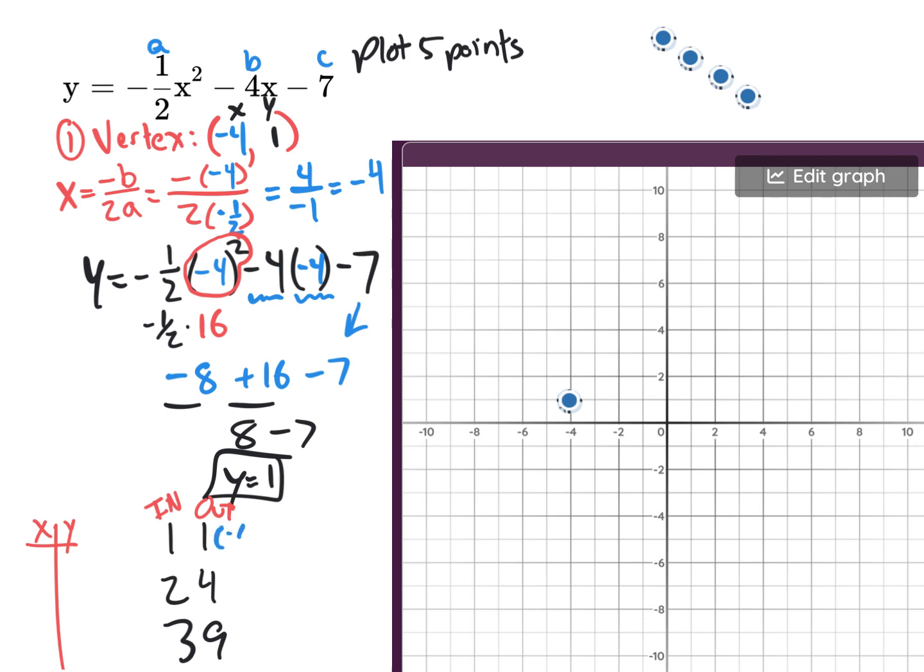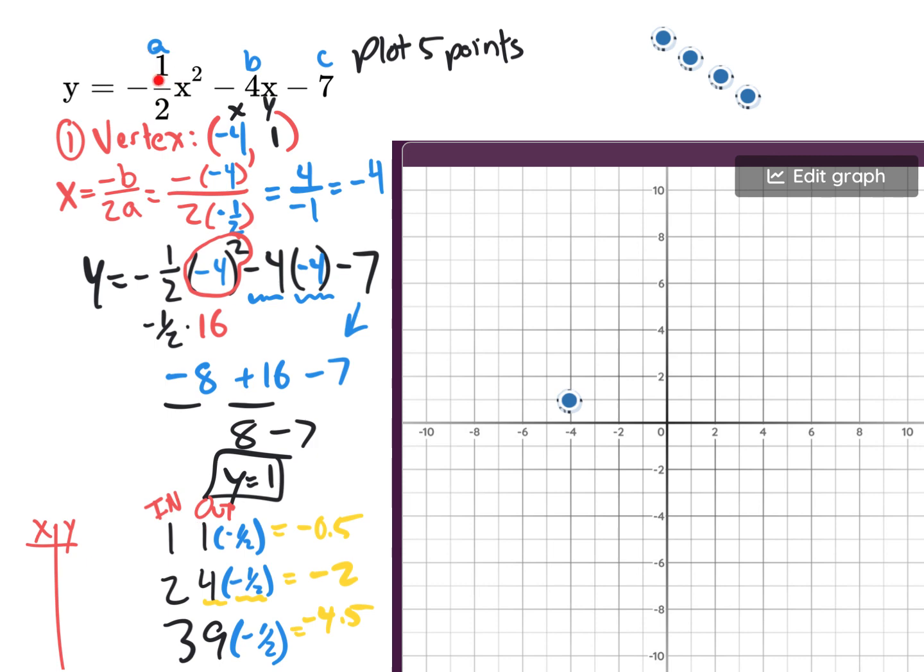So if I multiply the outputs 1, 4, and 9 by -½, what will we get? We are going to get -½, or you could write it as a decimal, -0.5. And then the next one, 4 times -½ is -2 with the calculator. And the last one would be -4.5. Okay. So your new modified pattern is